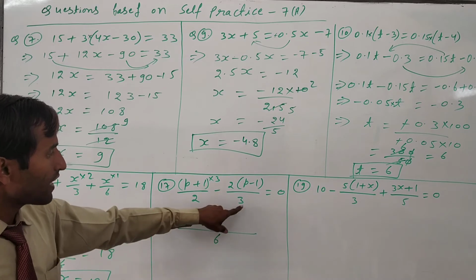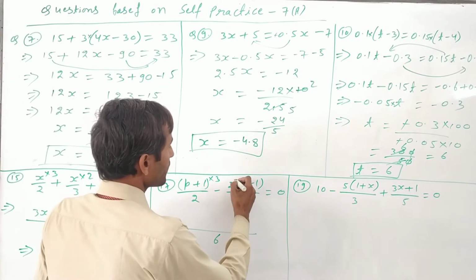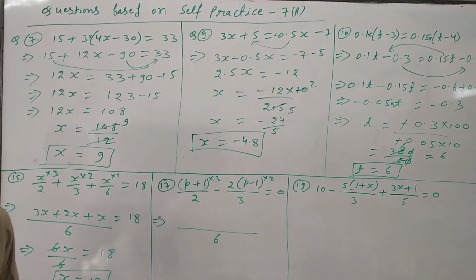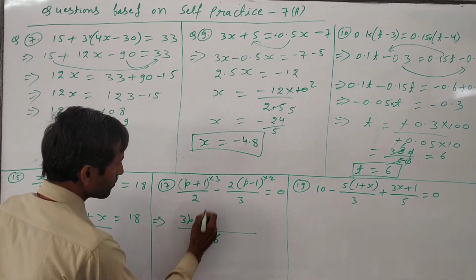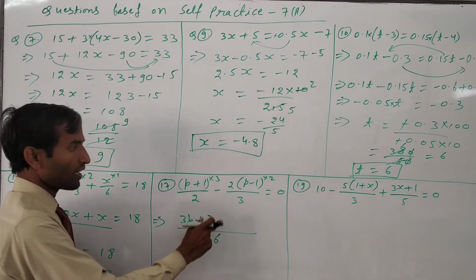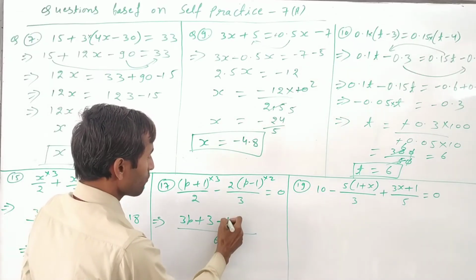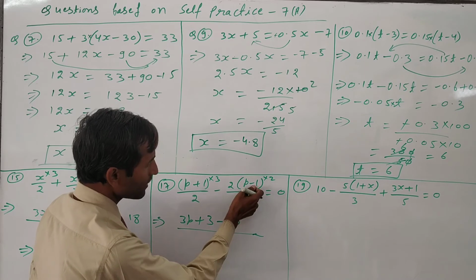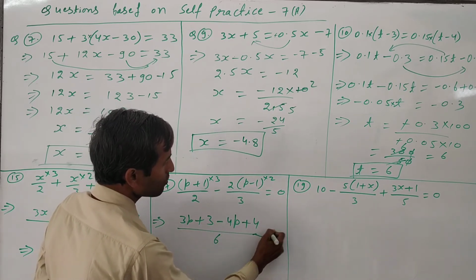After that, here also 3 times 6, 6 will come 2 times. In 3 tables we have to multiply by 2. The previous sign is also there, and one more 2 will come. Now we multiply: 3p plus 3 times 1 is 3. Now the minus sign is there, so put minus, and then 2 times 2 is 4. 2 times 2 is 4 and into p, 4p, and here minus again. Then this minus will go inside, it will come plus, and 4 will come. 4 times 1 is 4, is equal to 0.